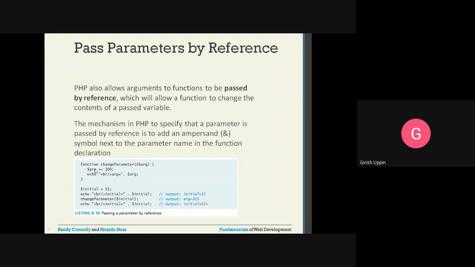Now it is directly changing the value at that particular address. So it is making the change, increasing it to 315, and we are printing here. Inside the function, when it prints, it will print 315. After the function call, we come here and print the initial value. Now the initial value is 315. The reason being, we sent it as a reference. So whatever changes happen inside the function will be applicable outside also, because we sent the reference, or the location, of that particular variable.